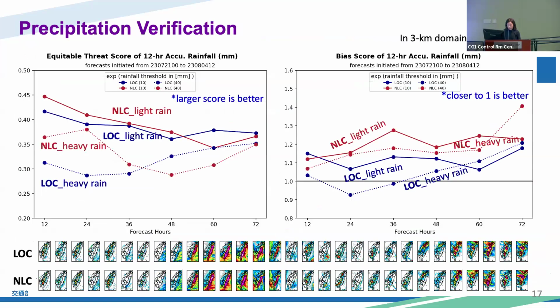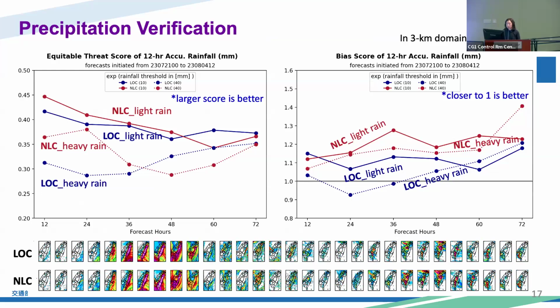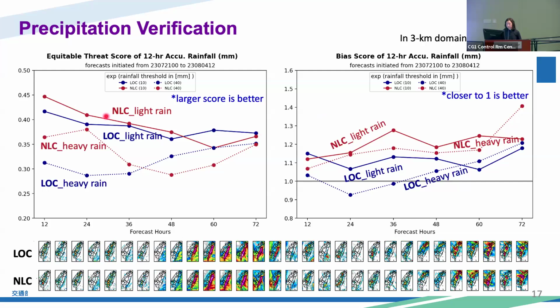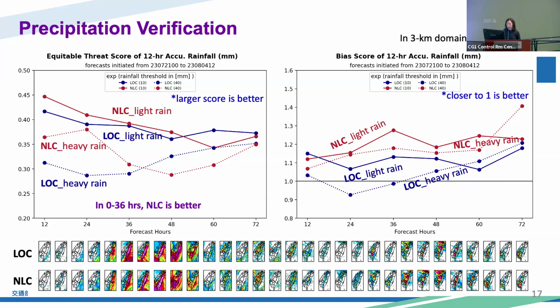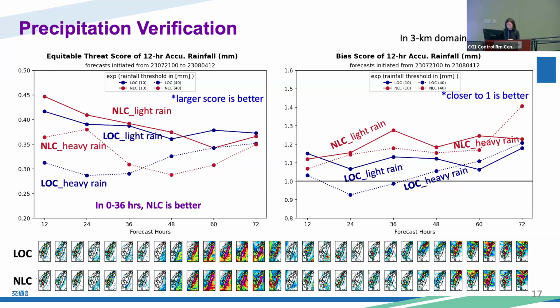And last, we also test the precipitation verification, and we do the equitable threat score and the bias score. In the ETS score, a higher score means the result is better. In the non-local run, in both light rain and heavy rain, the non-local has a higher ETS score than the local run, which means in 0 to 36 hours,